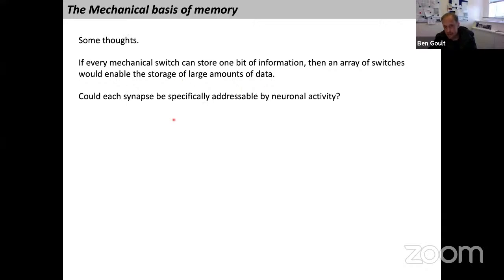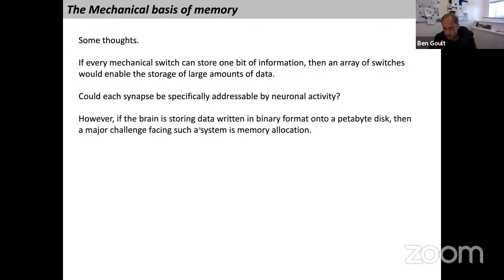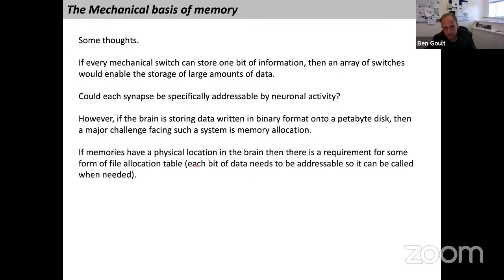So if that's the case, then that would mean that every synapse could be specifically addressed by neuronal activity, which I think is probably true. I think that's what you can see with the electrochemical signaling, which people are starting to be able to see at that level of detail. But if you do have that, then one of the major things which follows is that every memory we remember, every bit of information we ever remember, is written somewhere into the dark recesses of our cortex. If you try to find some data on a computer from 5 years ago, it's really hard. You've got to have a really good addressable system to be able to call that data instantly. So it's a major challenge, which is memory allocation.